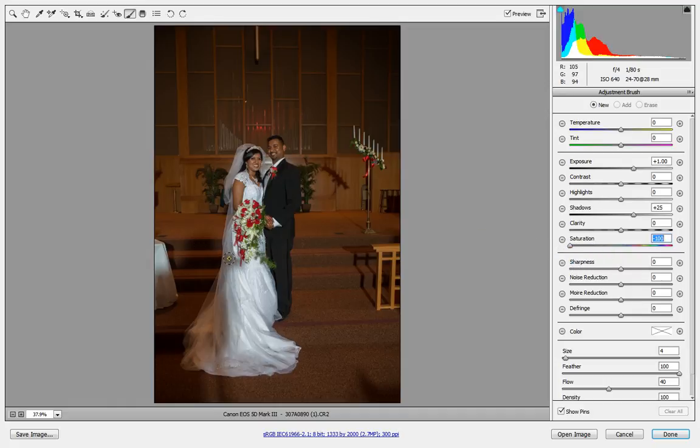I have a fairly small brush. You can see the circle on the screen shows how big the brush is. And as I start to click with my mouse and just go right down through this area, you can see it is brightening up the shadows that are on her dress. I'm using a Wacom tablet, so as I just draw through here, I can see that I'm lightening up those